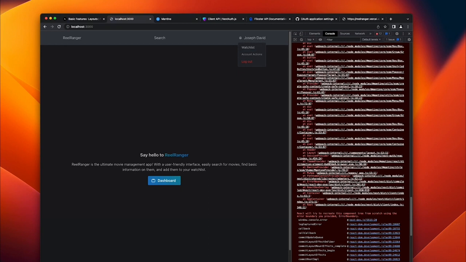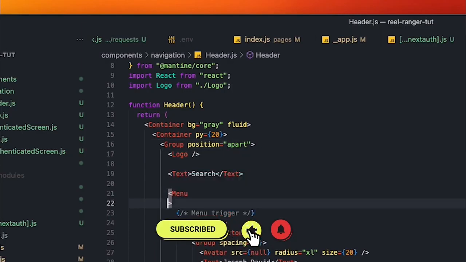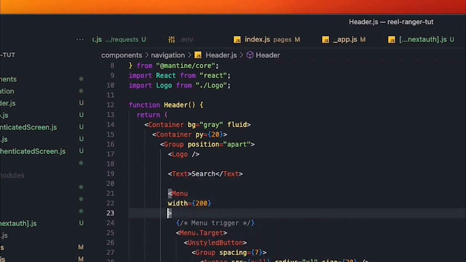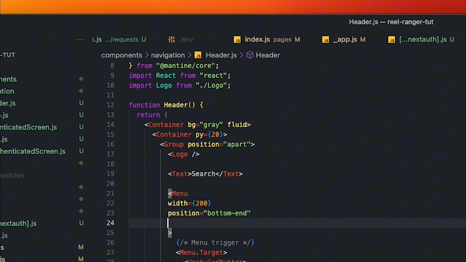So from Mantine, we have a menu. We're going to define the menu and customize it a bit, give it some width and whatnot. So go to menu and I'm going to give it a width of 200. You can skip this part for the styling and customize according to what you want, and we'll get straight to writing actual code soon. So for the position, I'm going to give it a position of bottom end, and